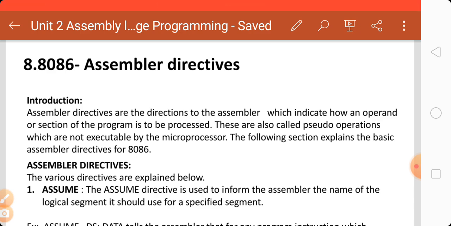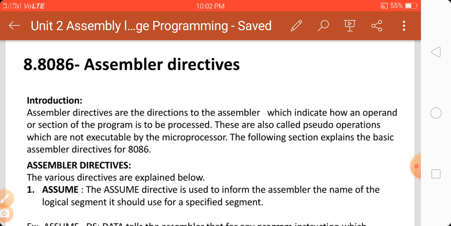Directives are the directions to the assembler which indicate how an operand or section of the program is to be processed. Means the compiler or assembler already knows the function of directives. They already know how to process that data.